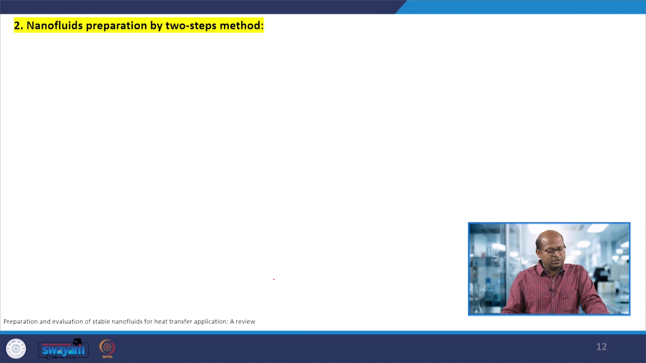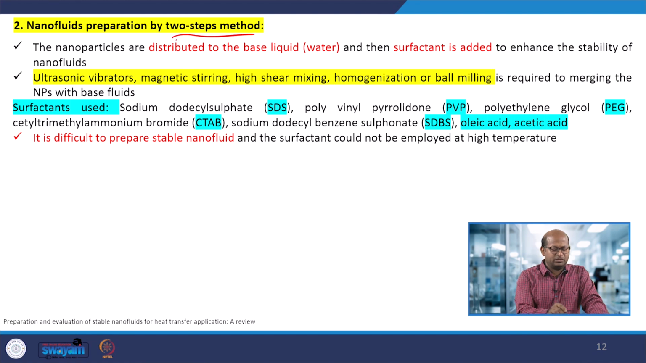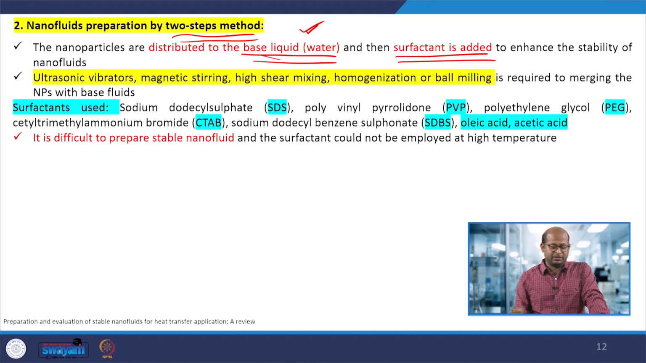So, that is the two-step method, which is much better. It is usually used for industrial-scale production of nanofluids. In this case, we have to take one base fluid, which may be water or any other solvent, and then add a surfactant. That surfactant may be SDS, PVP, PEG, CTAB, SDBS, oleic acid, or acetic acid. So, cationic, anionic, or neutral surfactants can be used depending